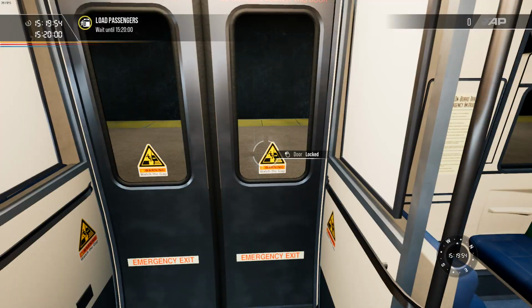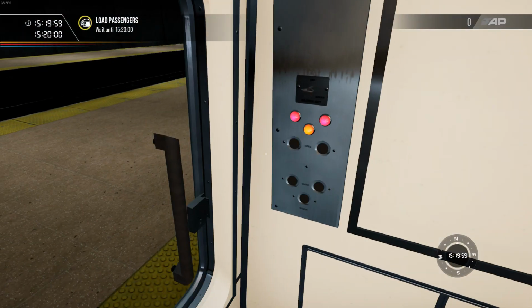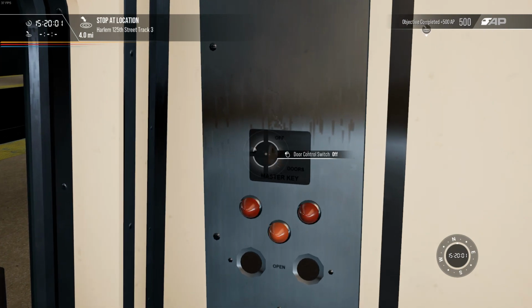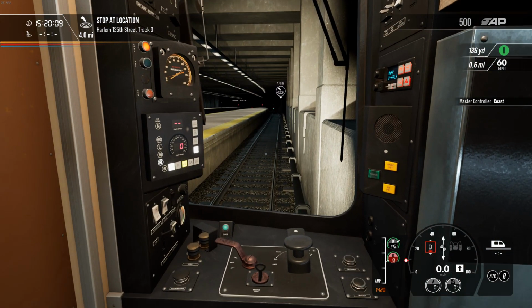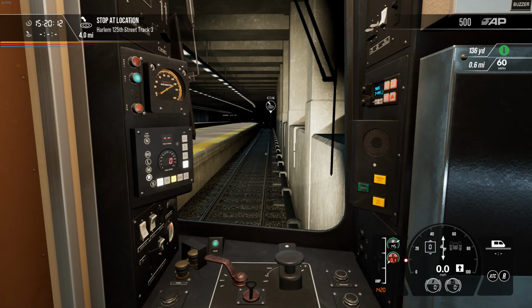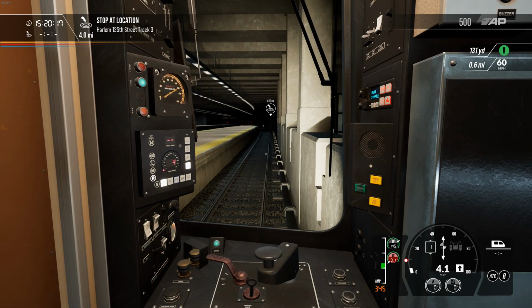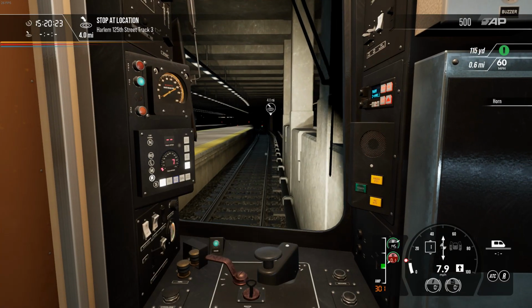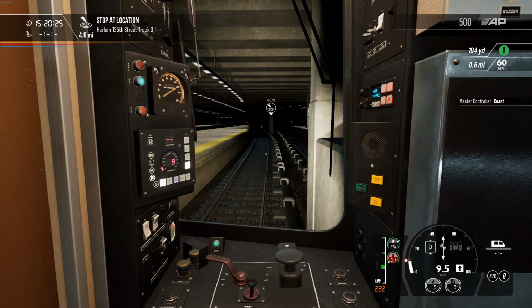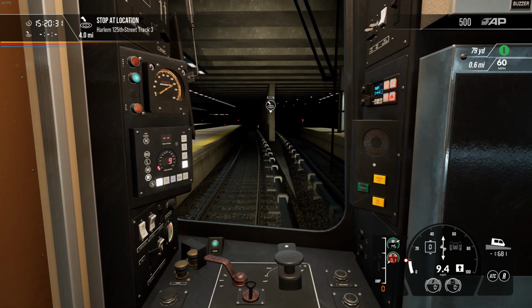Okay, that's slightly different door sounds to the LIRR version of the M8. Not M8. Let's get off that. Pet peeve. And yeah, I had noticed that whilst the Metro-North units that you get with this Harlem Line add-on are aesthetically very similar to the units on the Long Island Railroad, they are still quite different. Take the horn, for example. On the LIRR versions, the recording does sound a lot more generic, in a way. I don't know exactly what type of horn these trains are meant to have, but I think it's like the Leslie